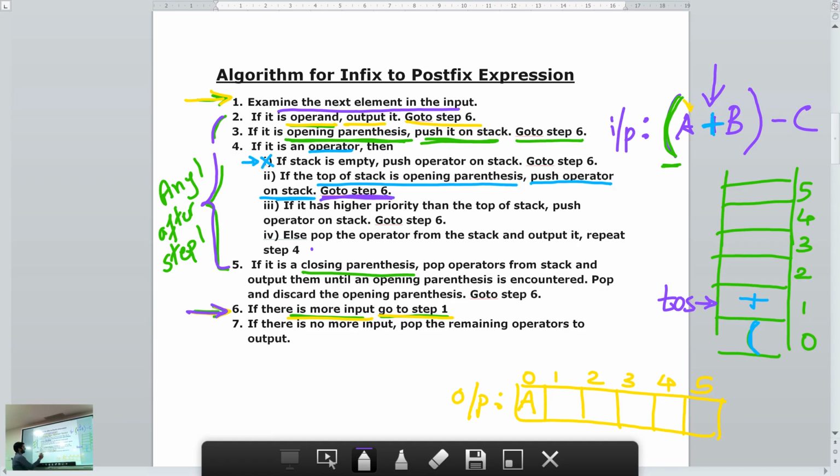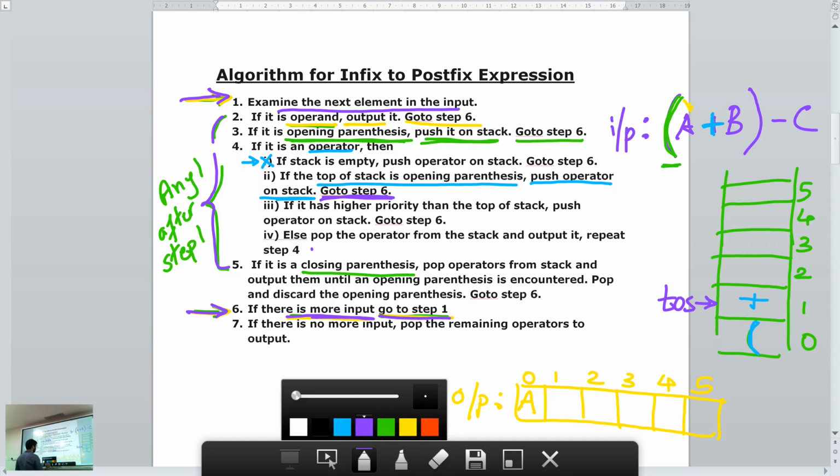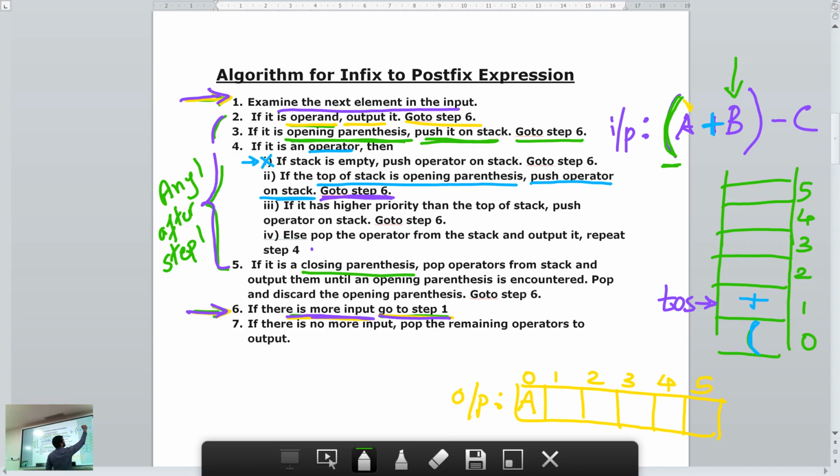In step 6, you check if there is more input, go to step 1. So you will go to step 1 here and scan the next input. When you scan the next input, you get B. So identify which of these 4 steps you will do. Which step will we perform for an operand?